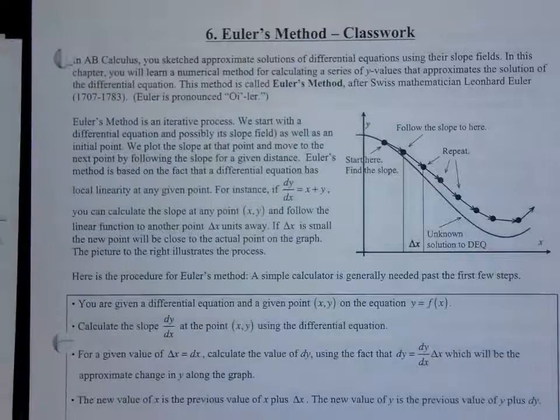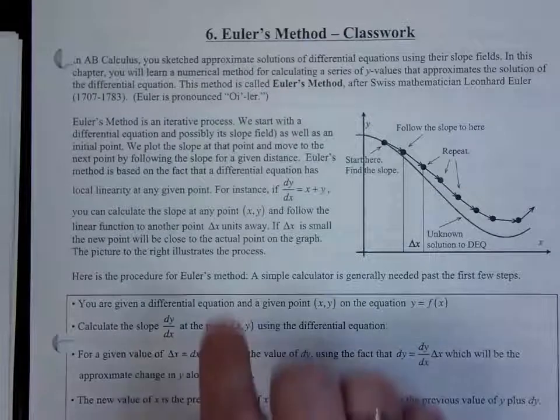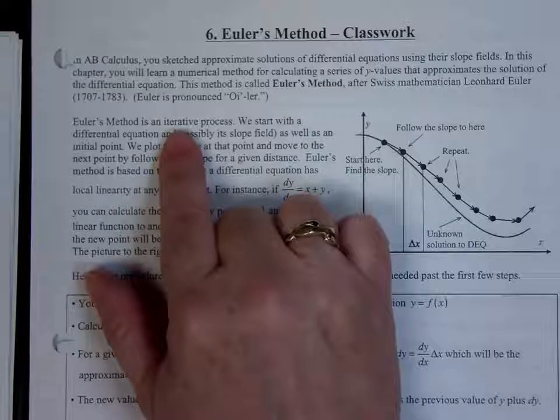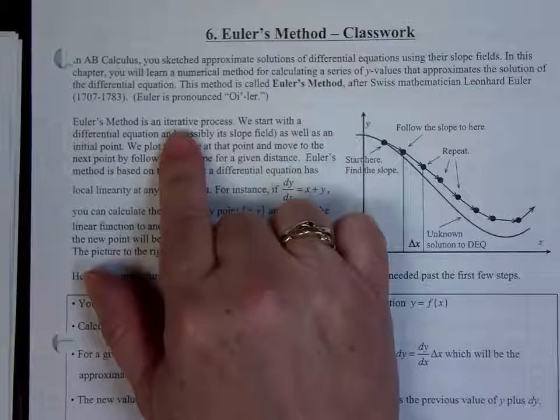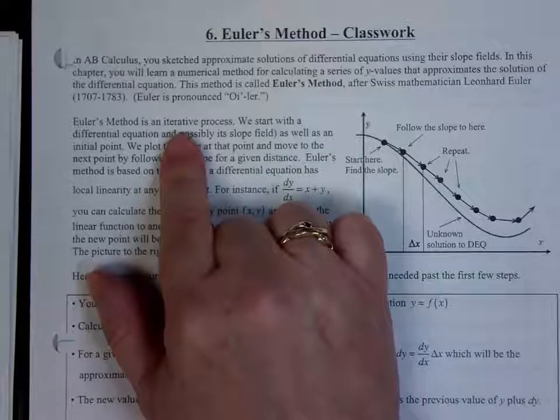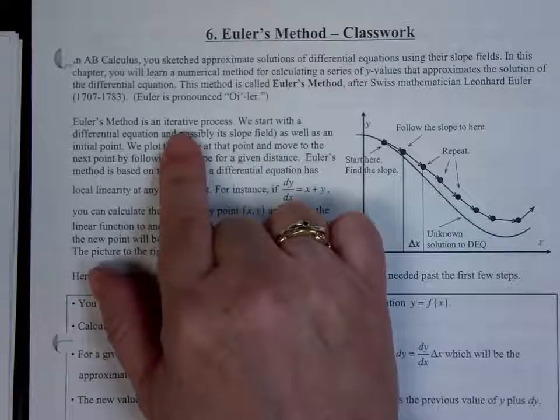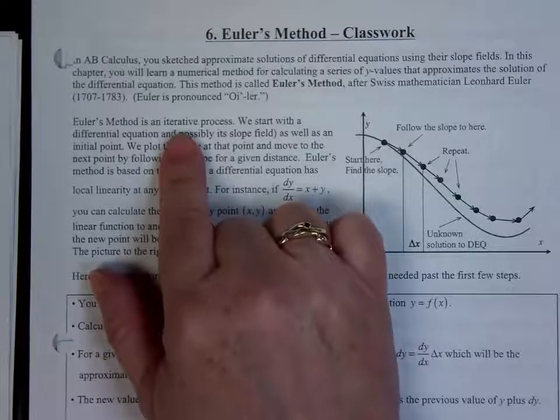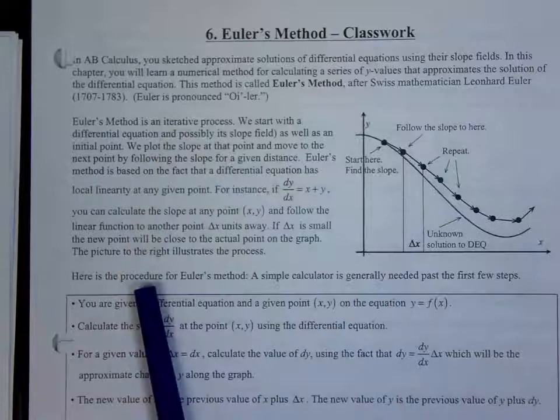Now, Euler's method is what is called an iterative process. Do you know what that word means? That may not be something you're familiar with. Iterative means you take your previous answer, put it into a process, and get a new answer. And then you put that into the same process and get an even better, closer answer. Yes? Is that like finding the plus c? It's not exactly like finding the plus c, because what you're doing is you're guessing here, and then you're making a better guess by moving over a little bit. Then you're making a better guess by moving over a little bit. So it's doing the same procedure over and over again until you get much more exact as to what you're